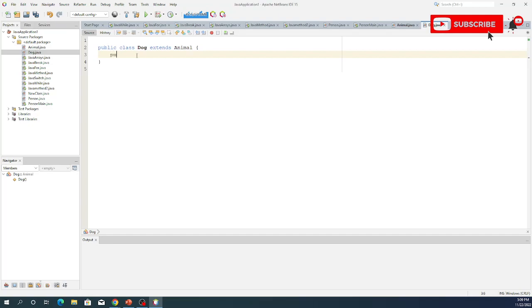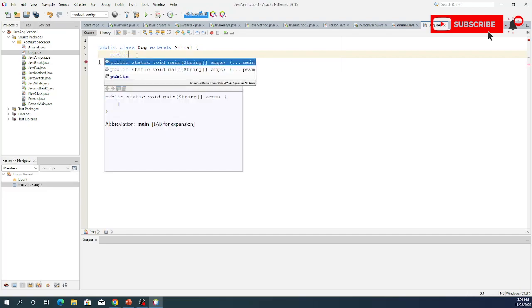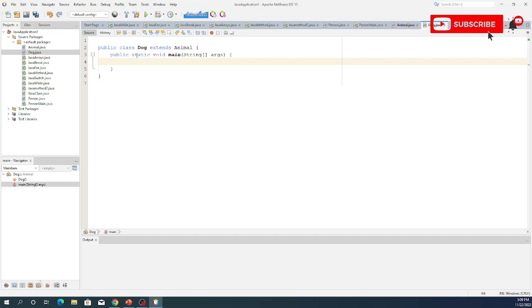So I will write a public static void main. I will declare Animal a1 equals new Animal. We did not write the constructor, but in a real full implementation of Java,